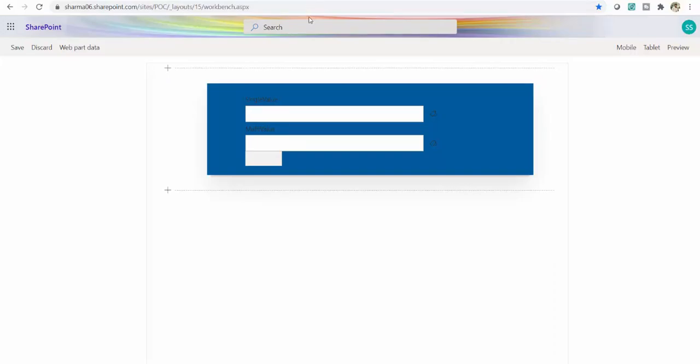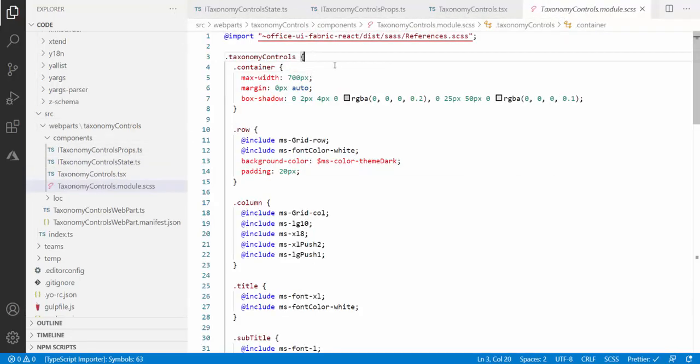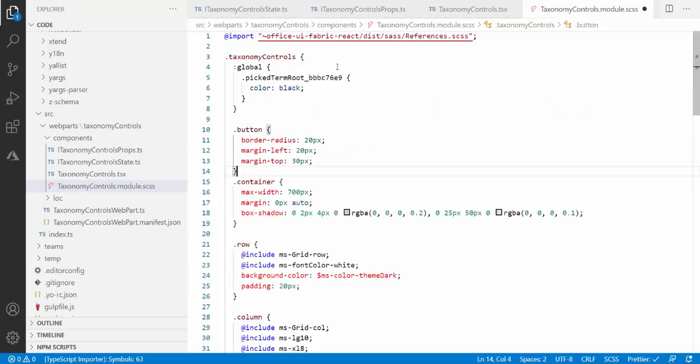and this is done. So guys, before gulp serve, let me just implement one more change just to make it easy for you, because we saw the selected terms are not visible inside the taxonomy picker. So let me quickly make the changes for the SCSS, although I don't want to cover it in this video because I've already covered it, but still, for that I will directly copy paste the code. So guys, this is the code which I have pasted.